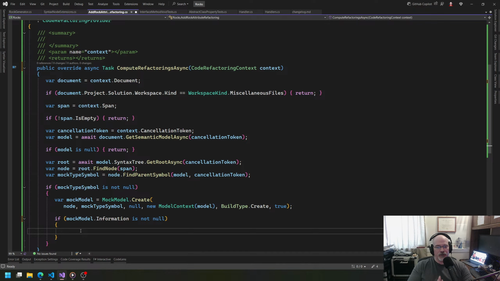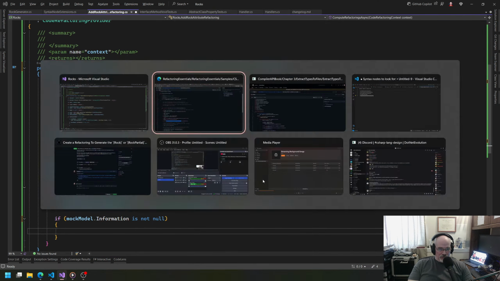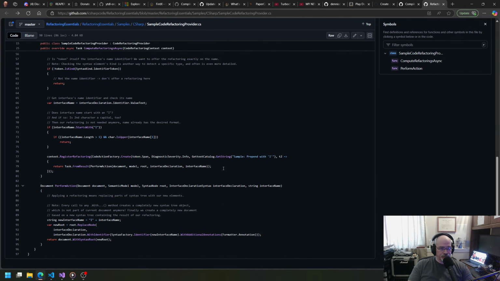Now what we need to do is generate the document to actually, not generate the document, but create the code. And again, for now I'm going to assume that it's the tree that I'm in. I'm not going to try to find in the solution, maybe something you're configuring in your project property settings, to say use this file as where the Rock attribute should go. We're just going to assume here for now. So, to do that,